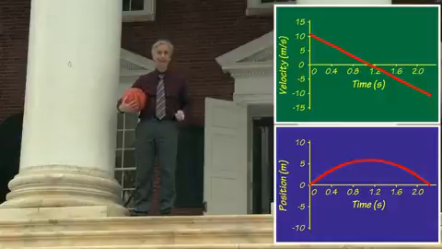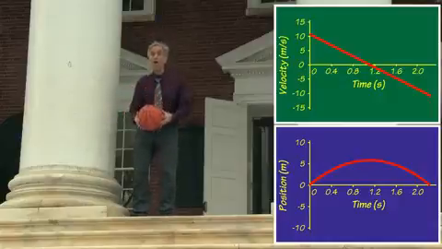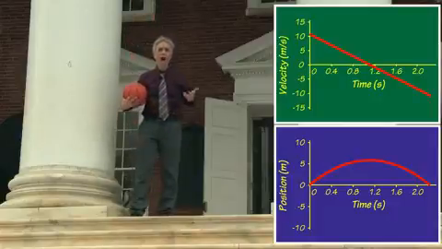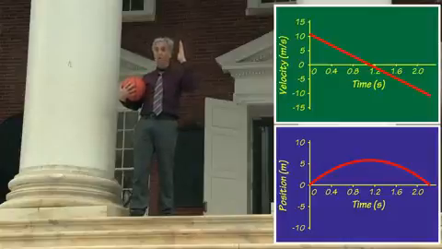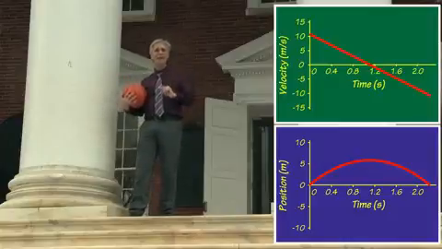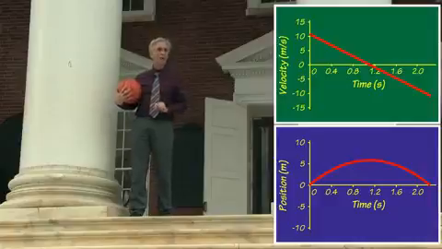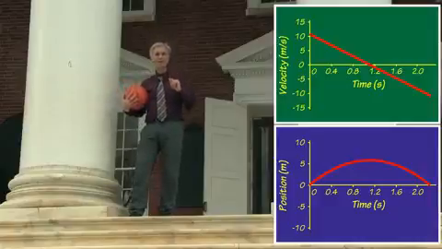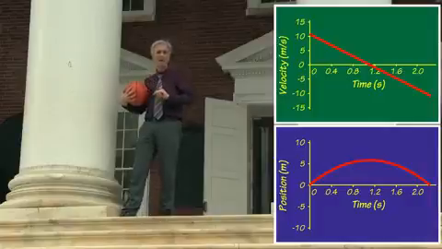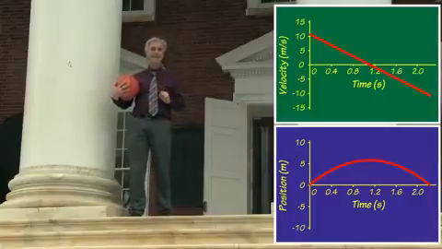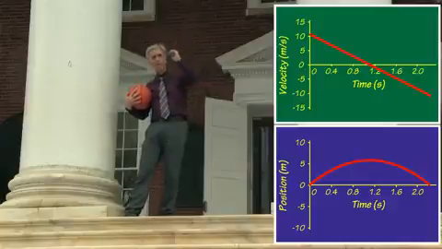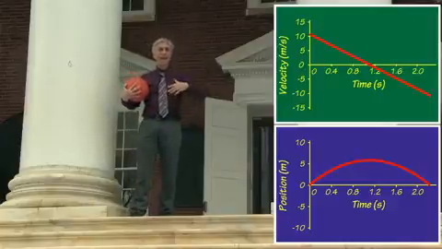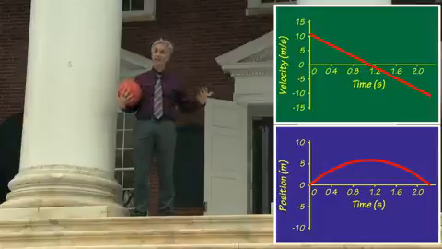direction. In this case, the ball started to fall while it was heading upward with a large upward velocity. So it began its fall with a large upward velocity, but it finished its fall with a large downward velocity. And the transition from large upward velocity to large downward velocity was smooth, steady, and seamless. The velocity changed, formed a straight line when plotted against time, as its downward acceleration, the acceleration of a falling